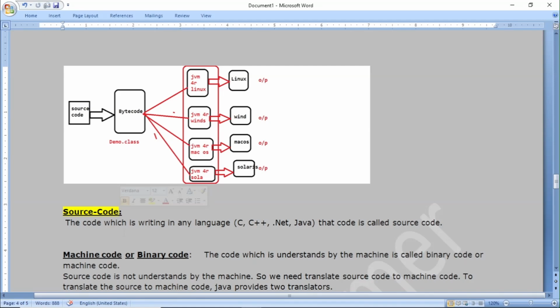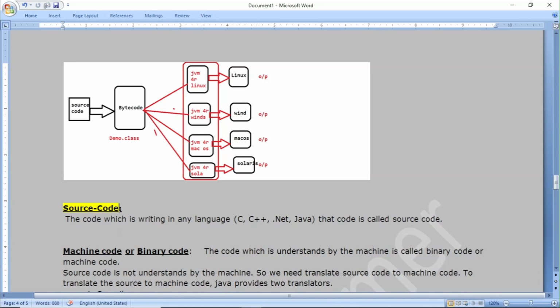If C++, then .c and .cpp. We should mention this after saving the program in Notepad. If you are using Eclipse or any IDE, then we don't need to put that extension.